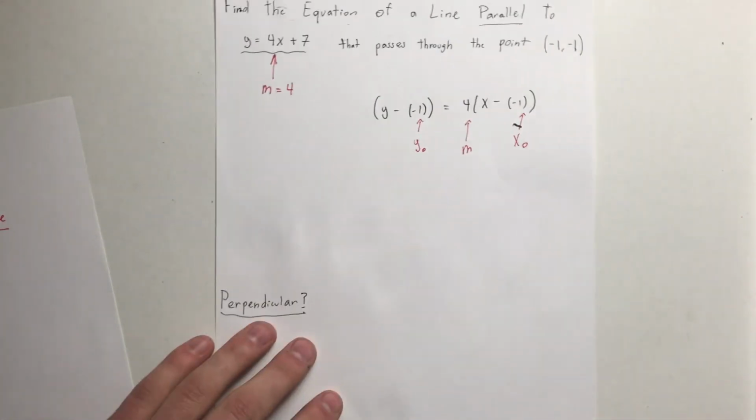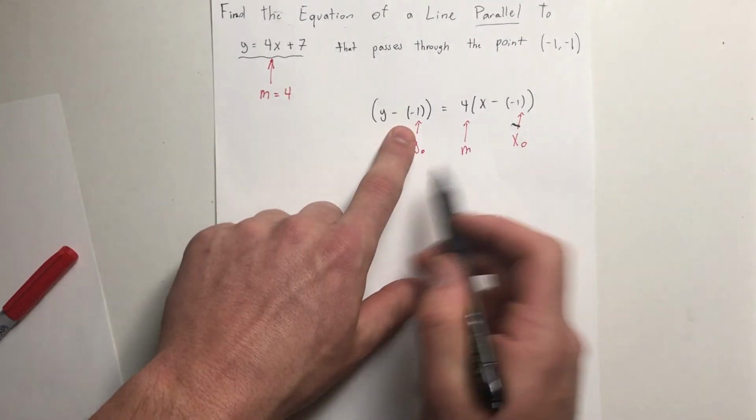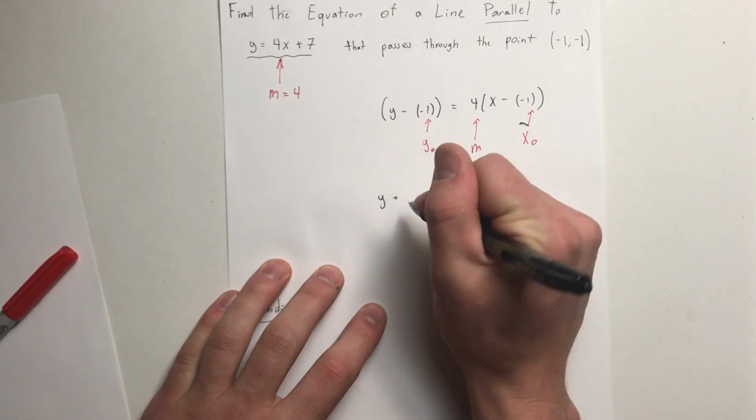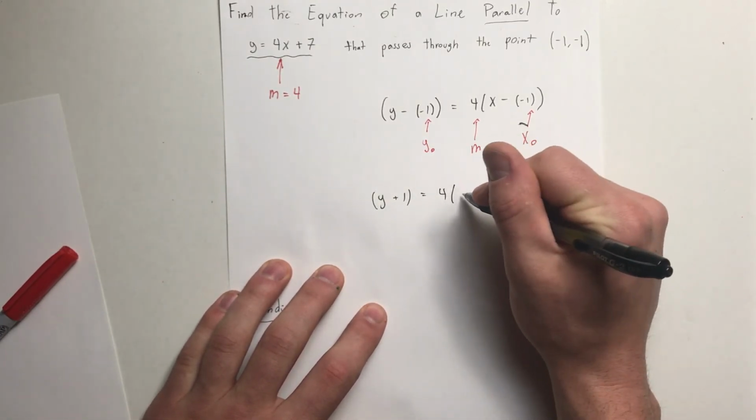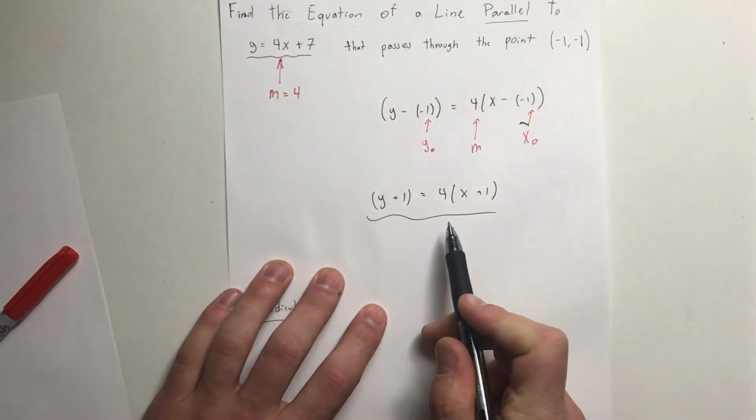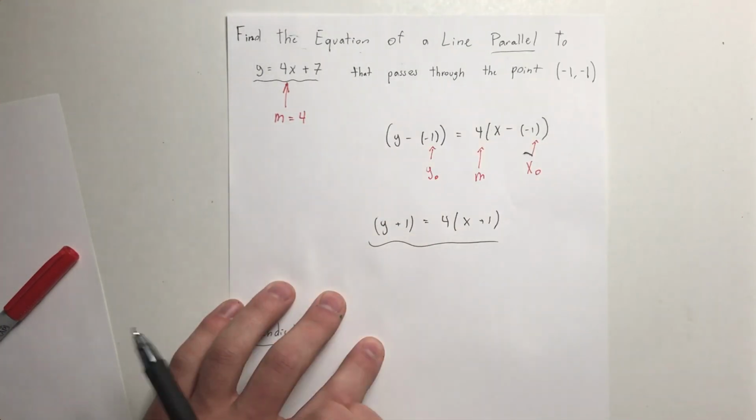So then if we wanted to simplify a little bit further, both of these negatives would just become a plus. So our final answer is going to be y plus 1 equals 4 times x plus 1. And that's going to be our final point slope form. Now, from here, you can take this information and get it into slope intercept and standard